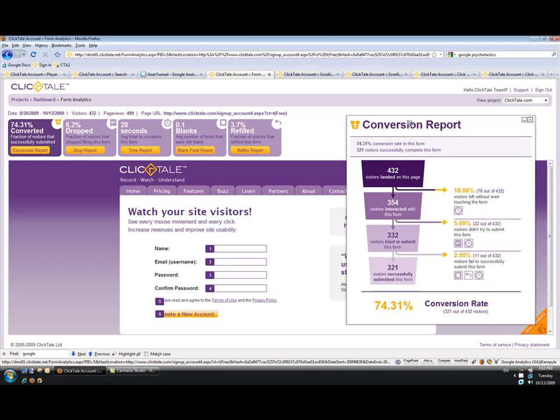The first one is a conversion report, which actually takes this bottom line conversion rate number and cuts it to 3 different numbers. The first one tells you what percentage of